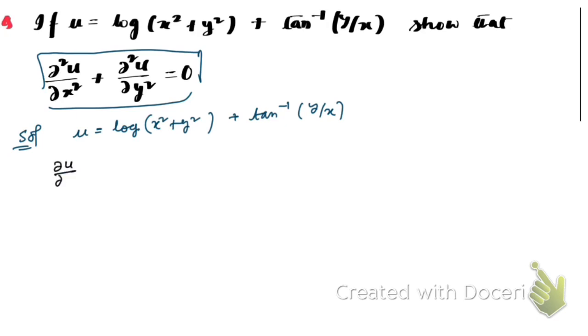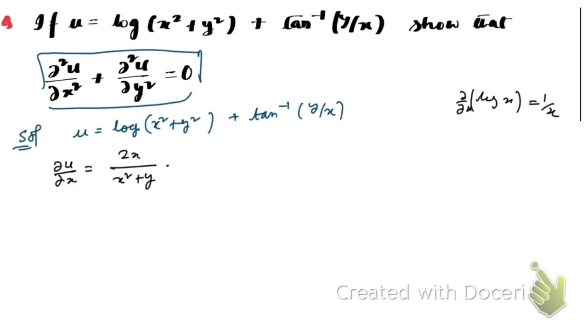So del u by del x, that's going to be equal to, if we differentiate it with respect to x partially, then we know d by dx of log of x, that's going to be 1 by x. So here instead of x we have x square plus y square, function of function. So that's why again you have to differentiate this partially. If you differentiate this one partially, then this time we're going to take y as a constant, so we're going to have 2x only. So let's put the 2x here,